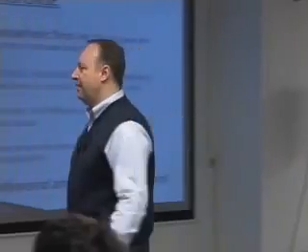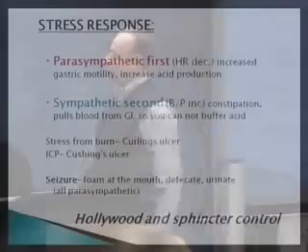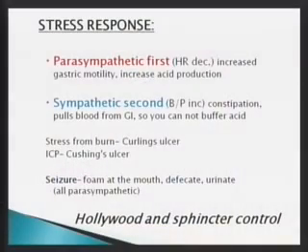Parasympathetics are always first. All right, so stress ulcers, let's see, sympathetics raise blood pressure, constipation, Al, which will help, right? It pulls blood from the GI, so you cannot buffer the acid. Stress from burns, we call those Curling's ulcers. And what actually happens there is, remember what I said is the cause of an ulcer? Too much acid or loss of barrier? Loss of barrier. So if I'm going to lose my barrier,